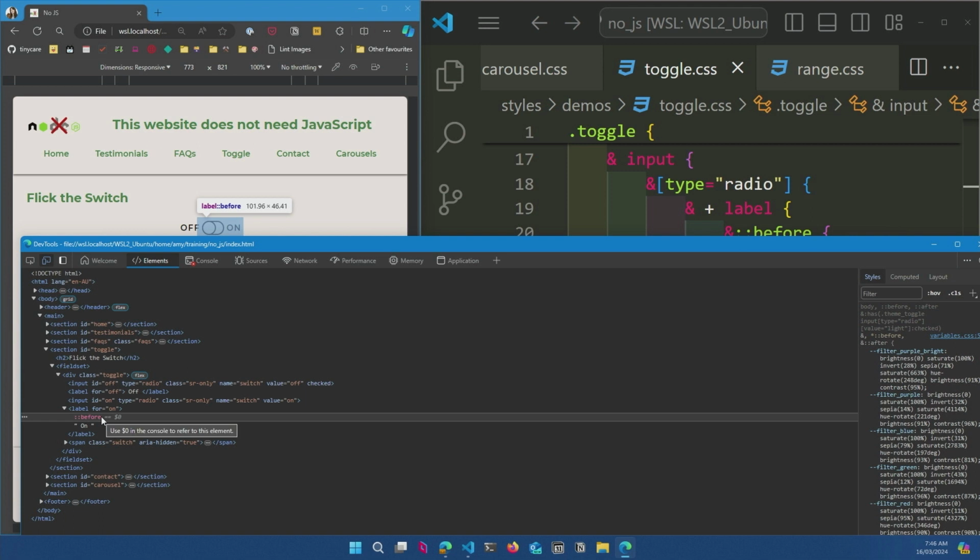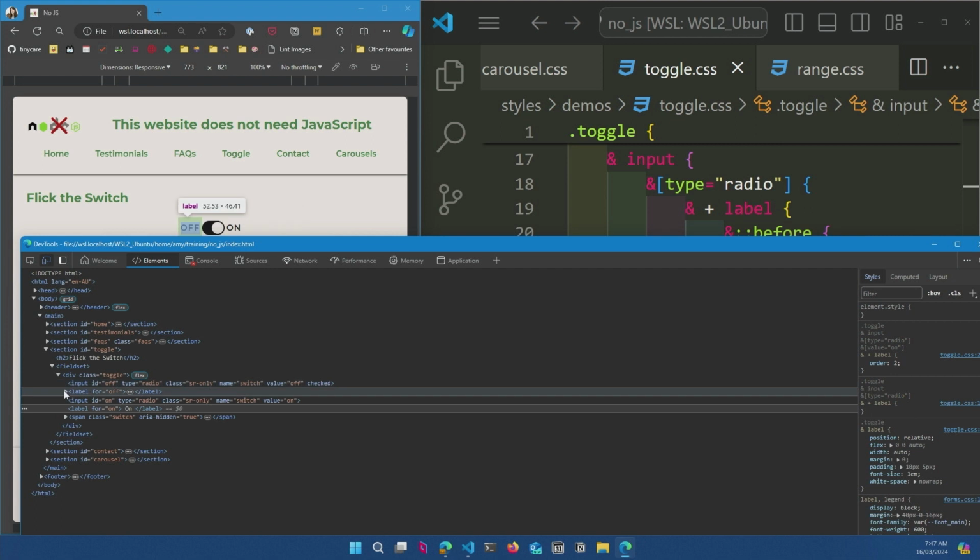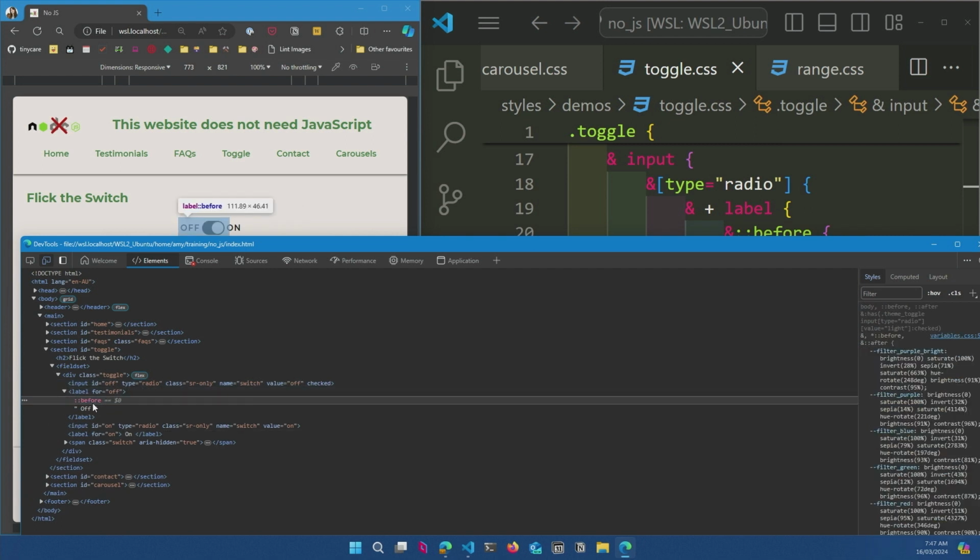This pseudo element I want to overlay over not just the label but the switch as well. If I turn the switch on, this would instead create a pseudo element on the off label, so it gets an input with a value of off and then gets the label next to it and create a pseudo element on